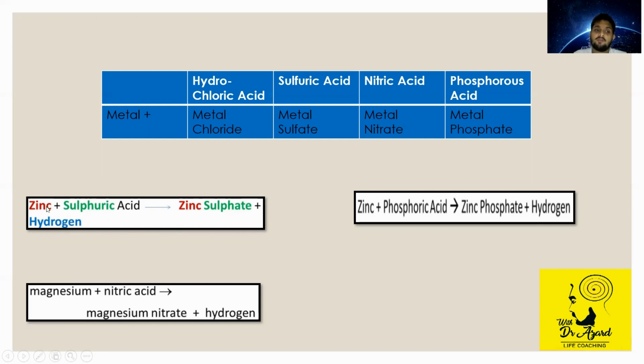So see, here also we are doing the same thing. Zinc in this case is the metal. This is like the non-metal. We are writing the metal first and the part of the acid later. Similar here, metal first and the part of the acid later. So always remember, the metal will be written first, no matter what comes. Maybe it's an oxide, maybe it's a phosphide, whatever, but you write the metal first. Here also same, for phosphate.